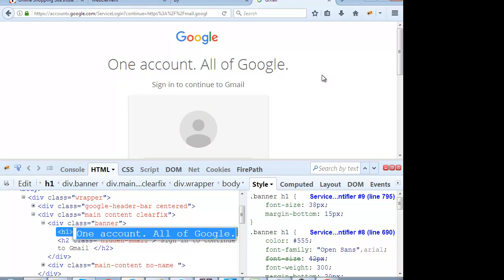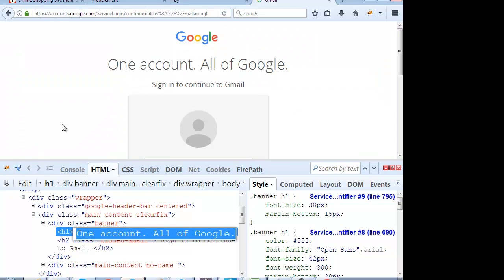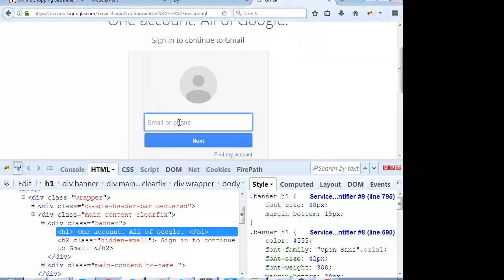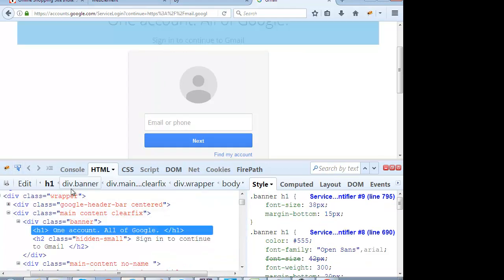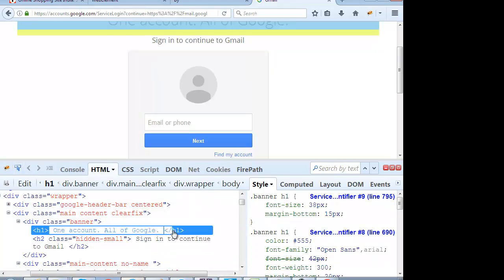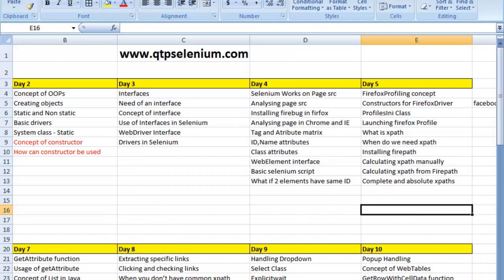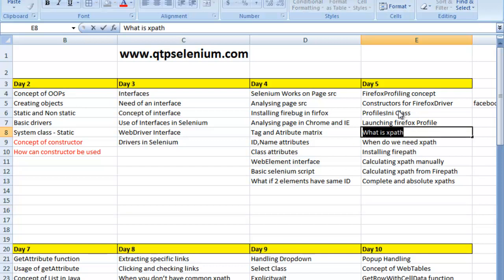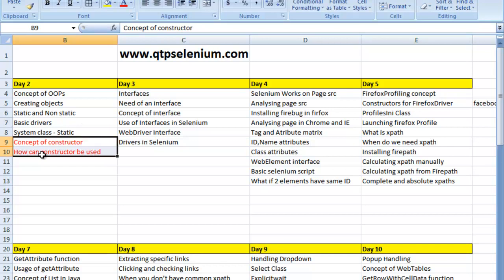So how do we go ahead and identify this text? This text over here was having an ID and various attributes. This one is having nothing. So to identify this, we use XPaths. We'll talk about it in the next class, what XPath is, what is the profiling concept, and I'll tell you the constructor and all.